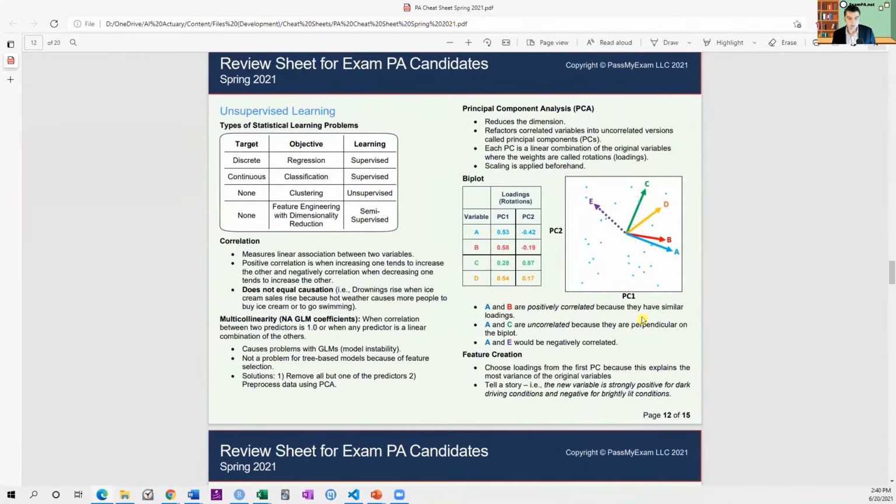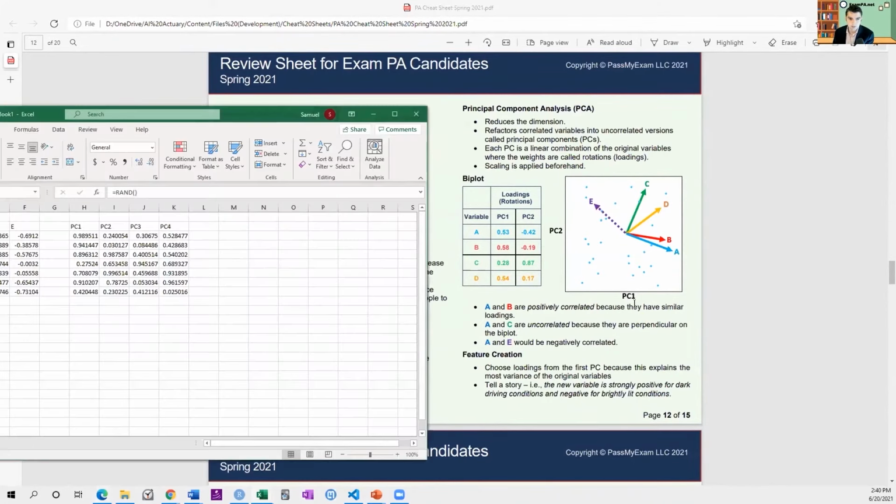Does that sort of answer your questions? I think we do have some examples of principal component analysis in our exams. I want to say it's the traffic safety exam. If you look through our older exams and look at the tags underneath the video solution, or just type principal component analysis into the search on our website, it should bring up the practice exams that have that.